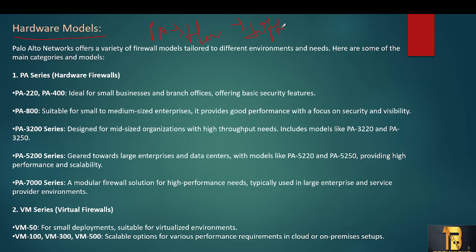software firewalls. Hardware firewalls we can see, like how routers and switches are. In the same way the firewall will also be. We'll be having a management port and a console port, like you see in traditional routers. So in the same way you will have Palo Alto firewalls as well, but the working is different.